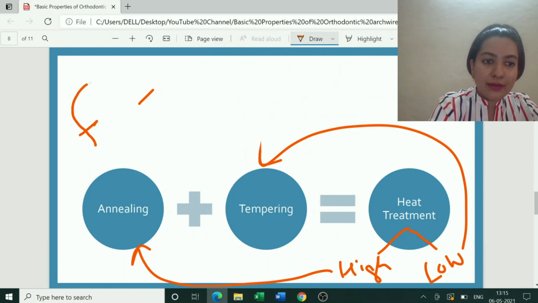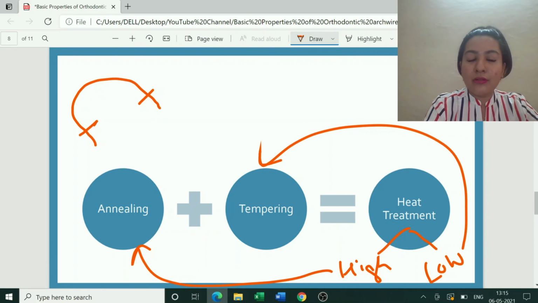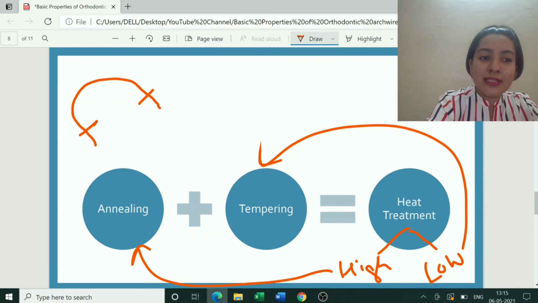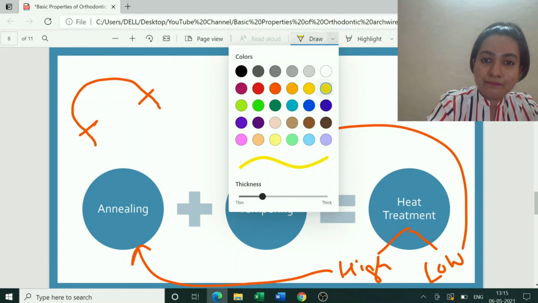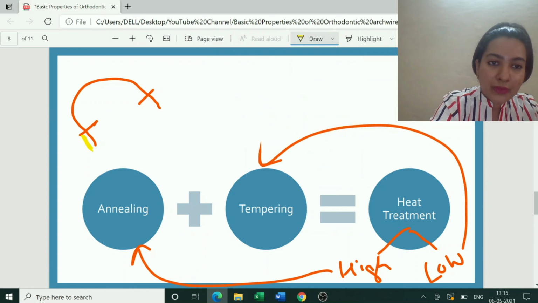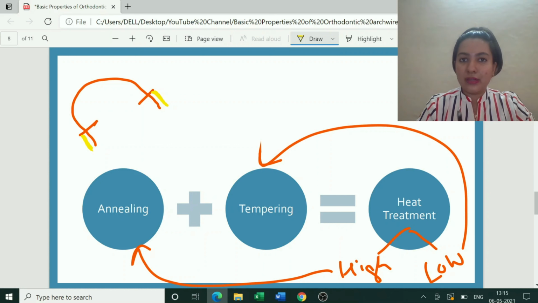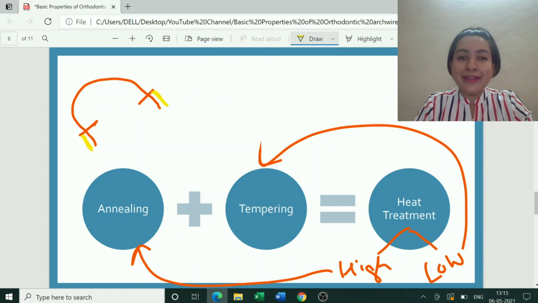Okay, so this is the wire. A small portion of it has been cut from the end, say 2 mm I have cut it. Now still this much length of the wire is remaining. See, this length is still remaining. What do I do with this length? What I do is take the wire out, heat the wire with the help of a gas torch till it turns red. Once it turns red, I quench it by placing it into cold water. After quenching it, I place it back into the patient's mouth.